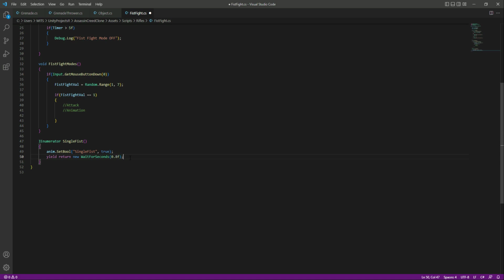So it will make this true, it will play the animation, and we want to wait for the animation length. And as you know, the animation length was 0.9, but I set 0.8 right here. So you can do the same as well, just decrease one value from it. Then when we play the whole animation, after that we will set this to simply false,